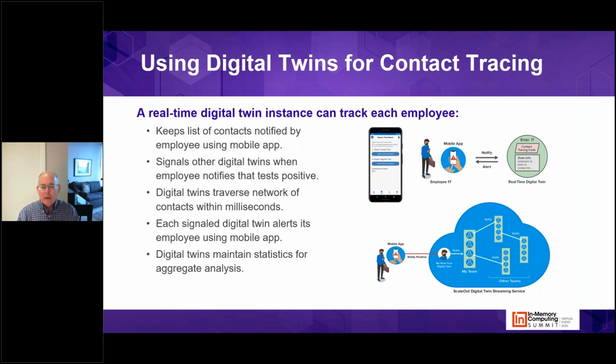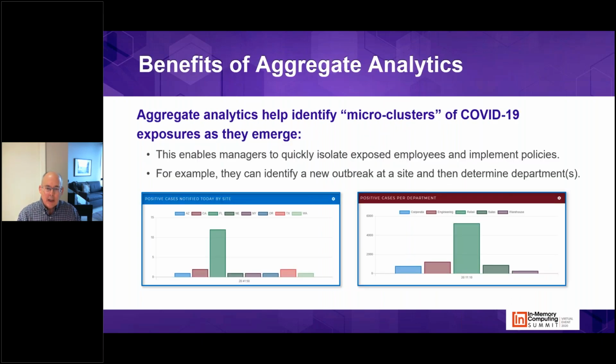It also allows the company to see the pattern of notifications and exposures to see where hotspots might be, and this can be accomplished with aggregate analysis. So here's an example of using aggregate analysis to detect microclusters of COVID-19 as they emerge, and it shows the power of aggregate analysis. So the left-hand diagram shows you a chart in which the exposures and positive cases notified to the company are shown in real time, and this is recomputed every few seconds. It shows in this case that Florida has an outbreak, and so the managers realize there's an unusual problem in Florida in this hypothetical picture,